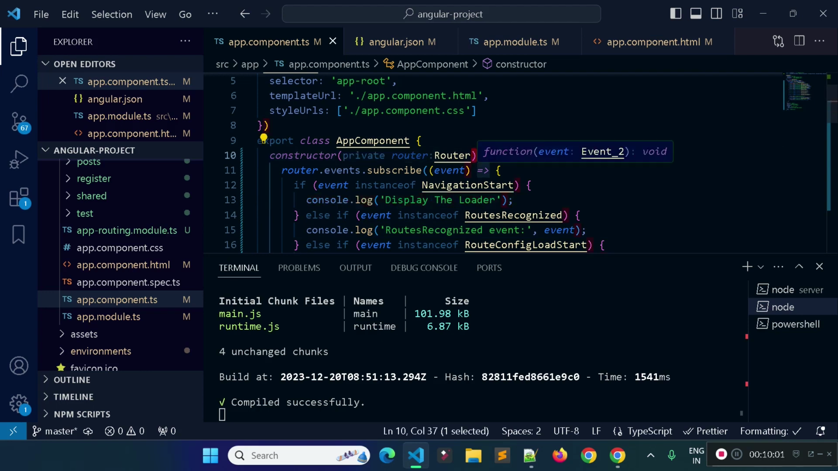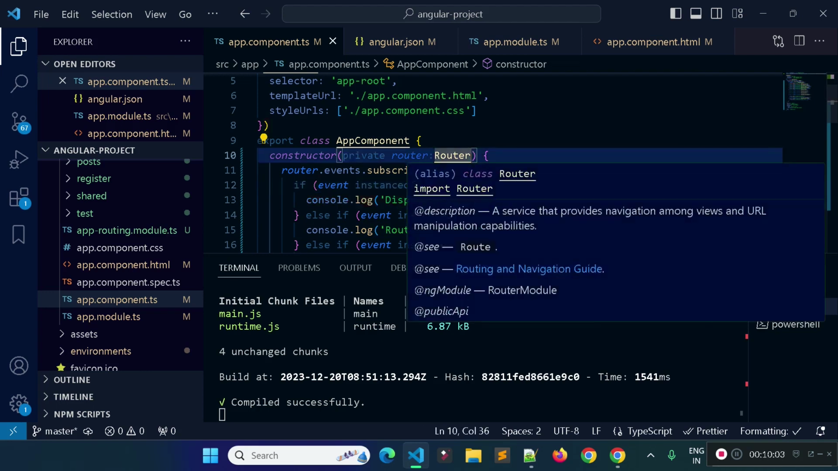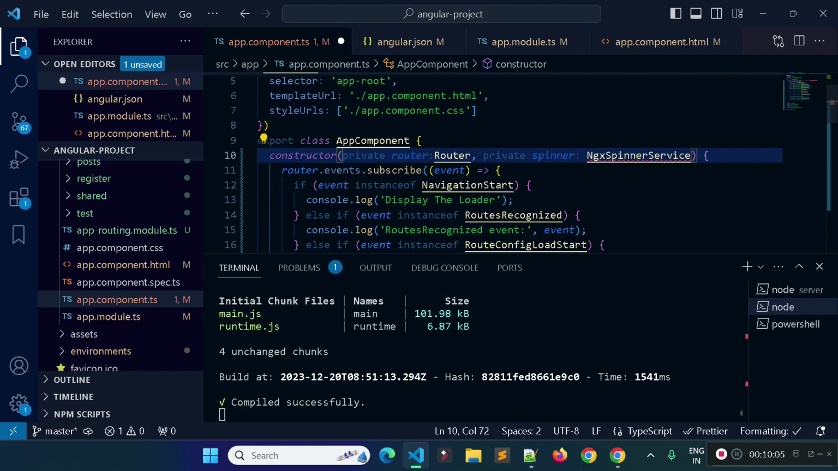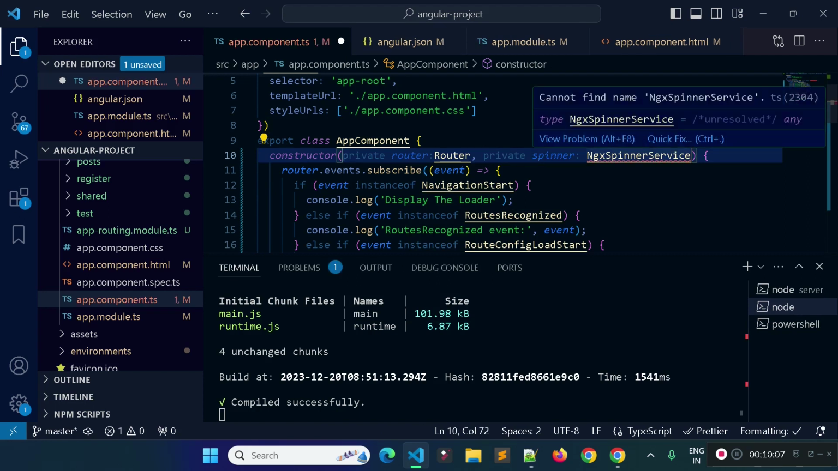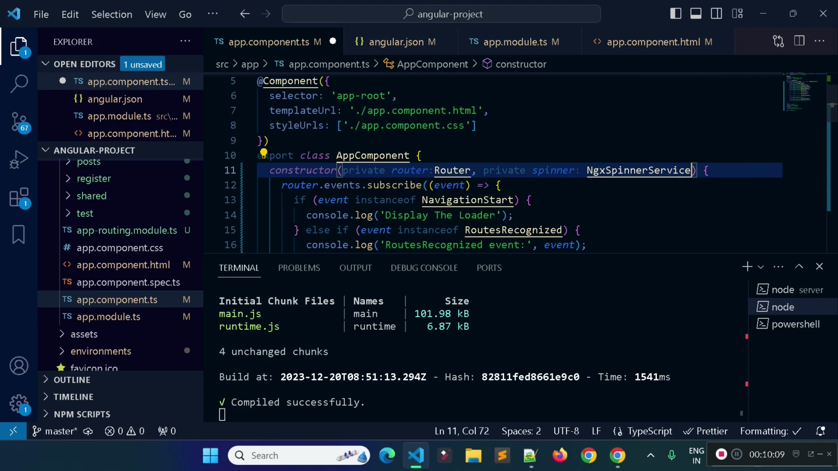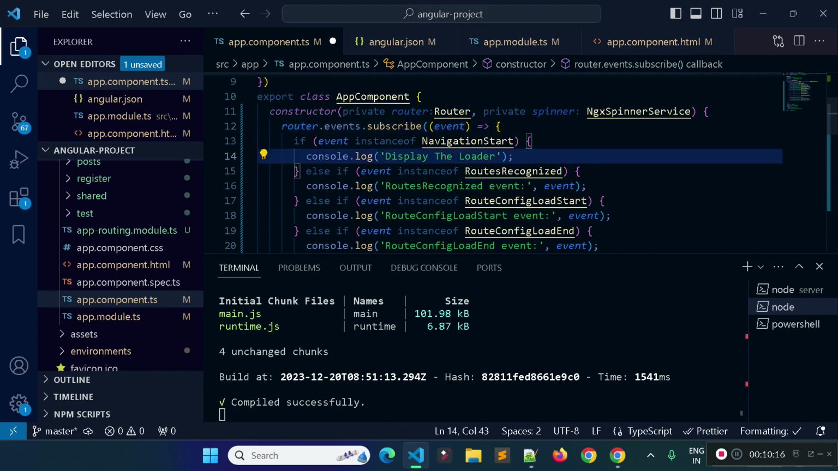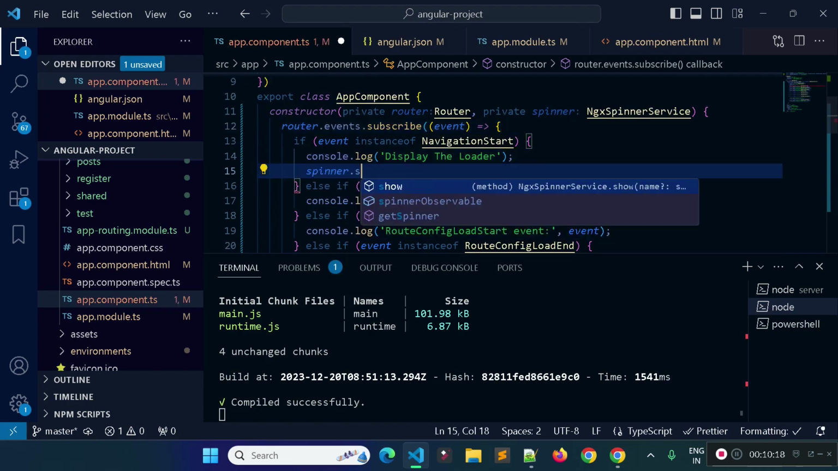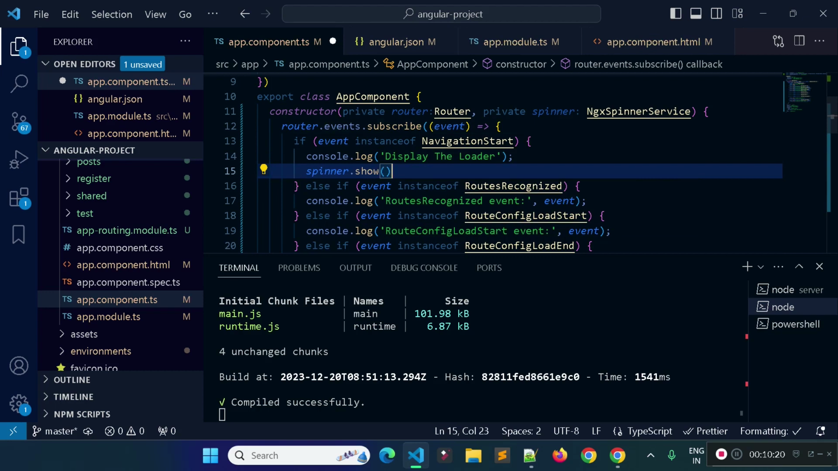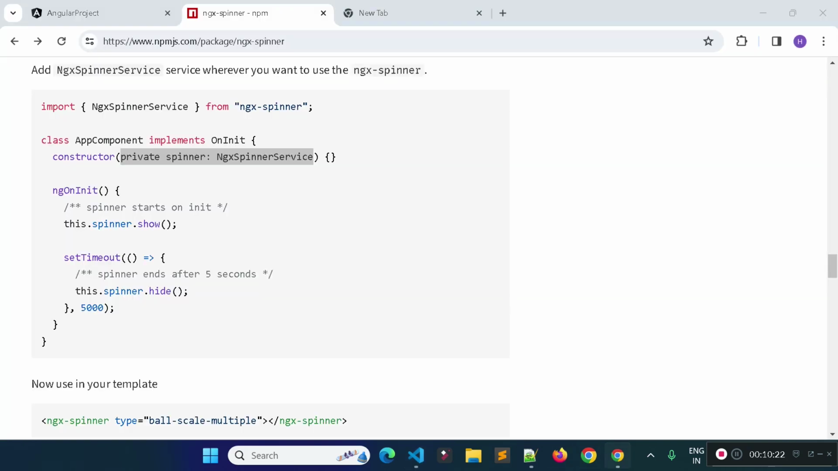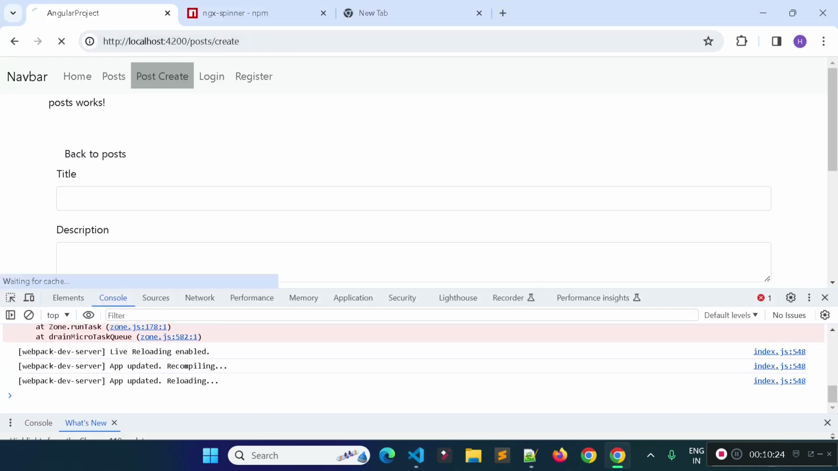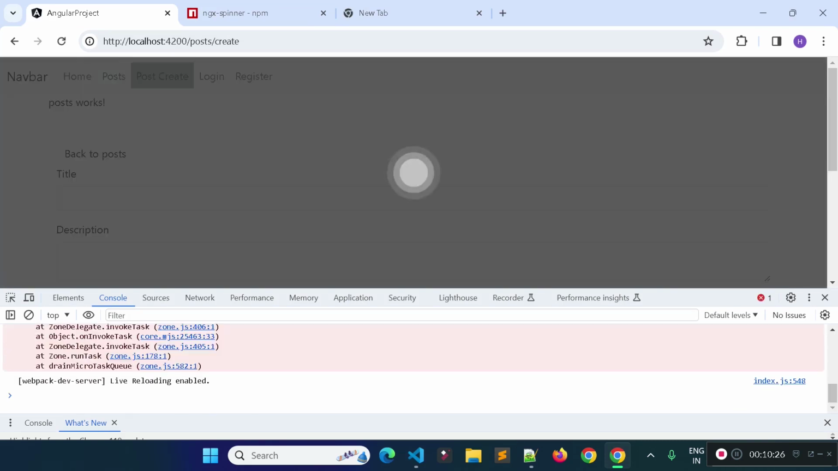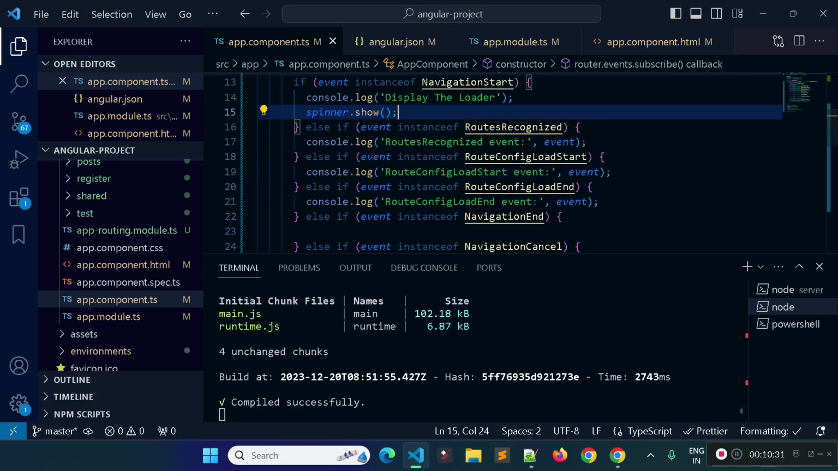So before using the loader, I'm going to import NGX-spinner service as a dependency injection inside this constructor method of app component, and then we can use the spinner dot show method to display the loader. So let's call spinner dot show. Okay, so this will display the loader. Now let's restart our server. We'll see there will be a loader. You see there is a loader, and this loader is not hiding,